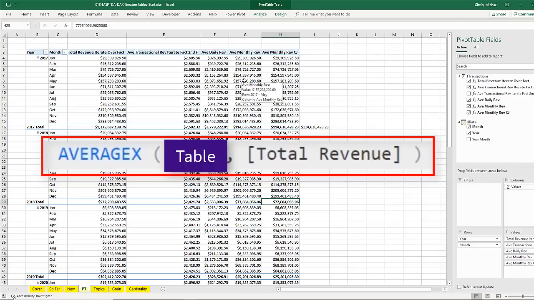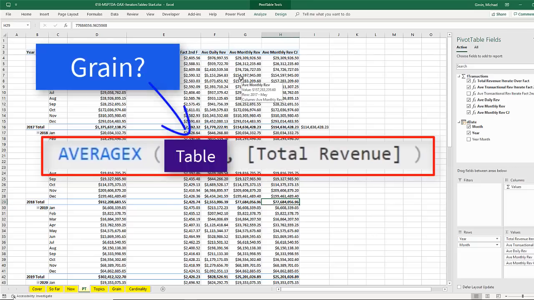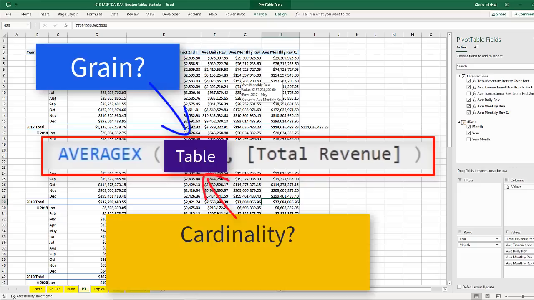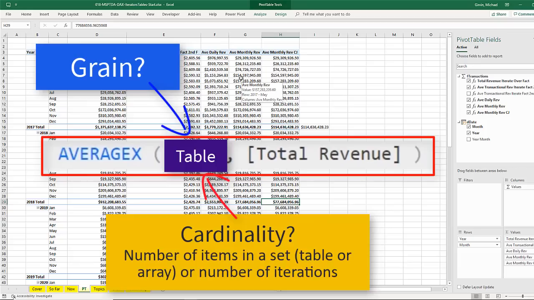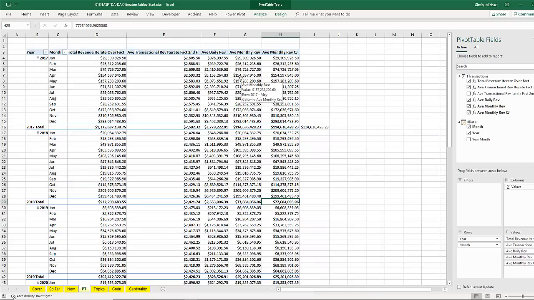So the first argument of an iterator, you always have to think about the grain. Now, another topic for consideration when picking the table for the first argument of an iterator is cardinality. Now, cardinality just means how many items are in that table. Now, to illustrate cardinality, I'm going to close this Excel workbook, and we're going to open up a Power BI